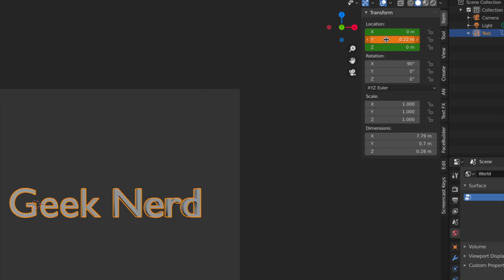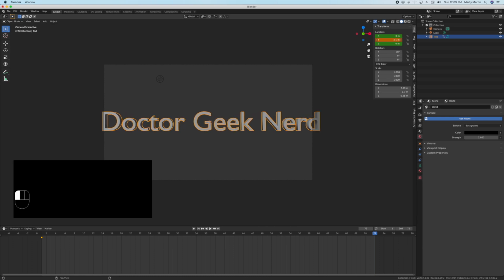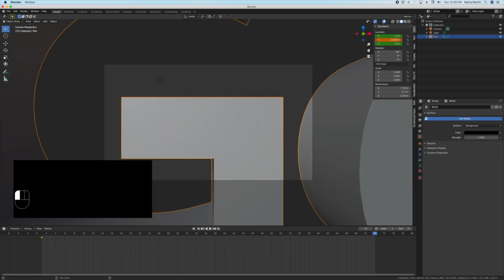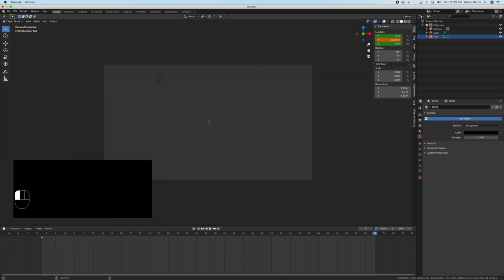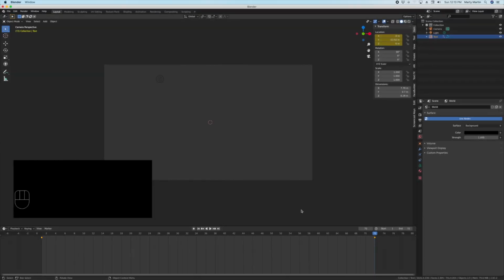Zoom out, and I'm going to keep dragging. Whoops, wrong direction. It's going to go negative until it goes past the camera. And I'm going to press the I key to create a new keyframe. If we look down here at the playhead at frame 72, it's entered a new keyframe. If I hit the spacebar,